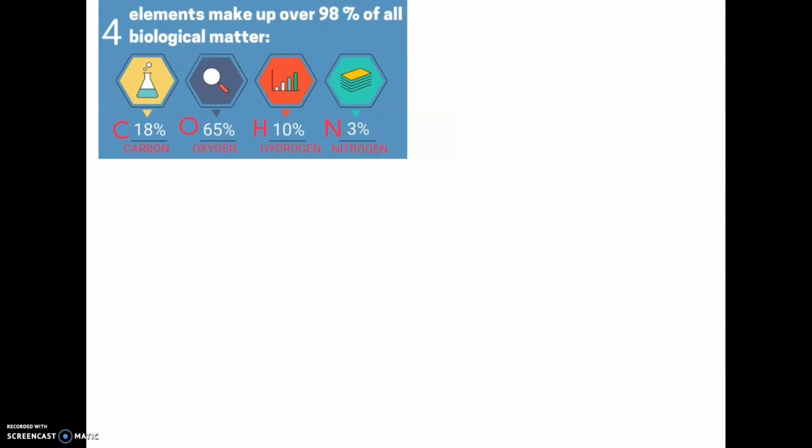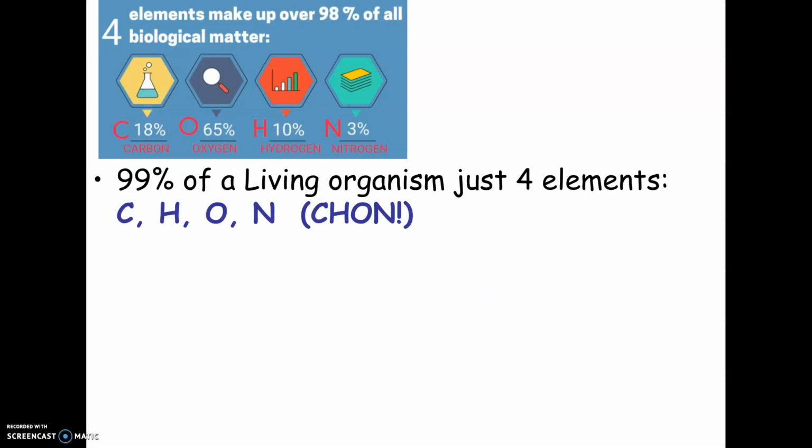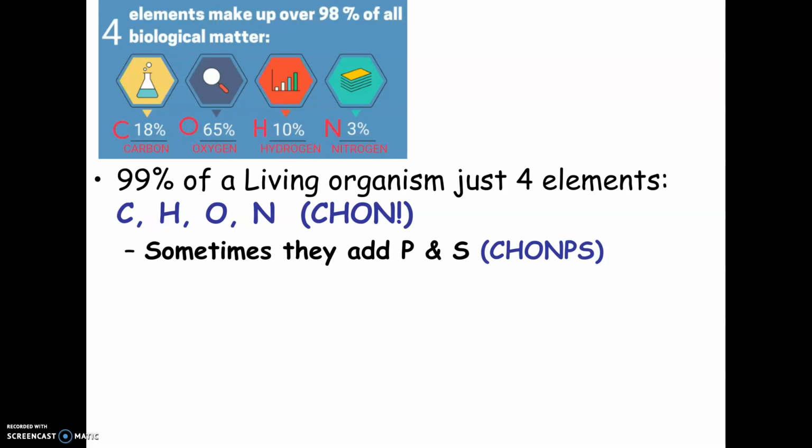So why are we talking about atoms in here in biology? Well, it turns out that atoms are obviously what compose us, and there are 4 main ones. 99% of our body is made of really just 4 elements: carbon, hydrogen, oxygen, nitrogen. And you can remember it by remembering CHON. Sometimes they add phosphorus and sulfur to this. So you could say that the 6 elements that we are composed of would be CHNOPS: carbon, hydrogen, oxygen, nitrogen,